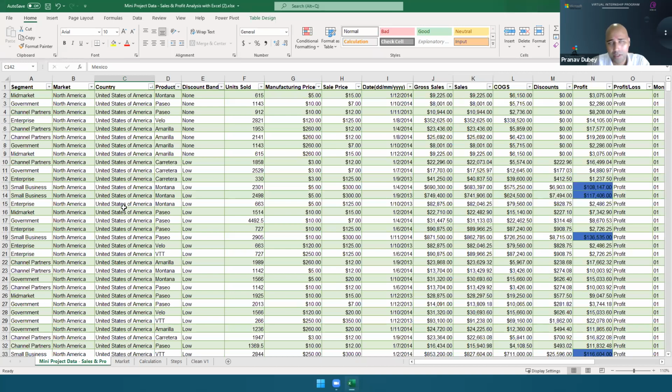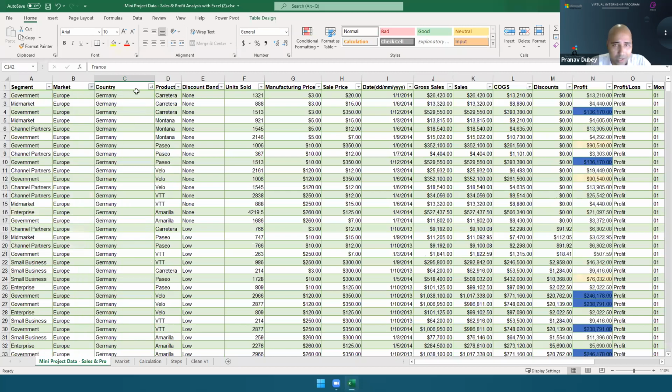Now the problem is that to sort one column, this is okay. But if I want to do sorting first on market and then on country, I will do sorting on market A to Z. Now you see the sorting icon, this arrow, is now in the market column, not in the country.